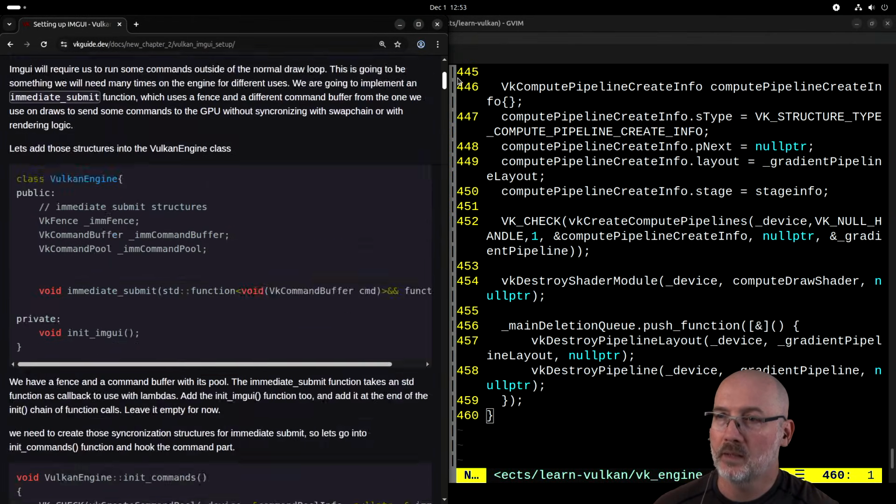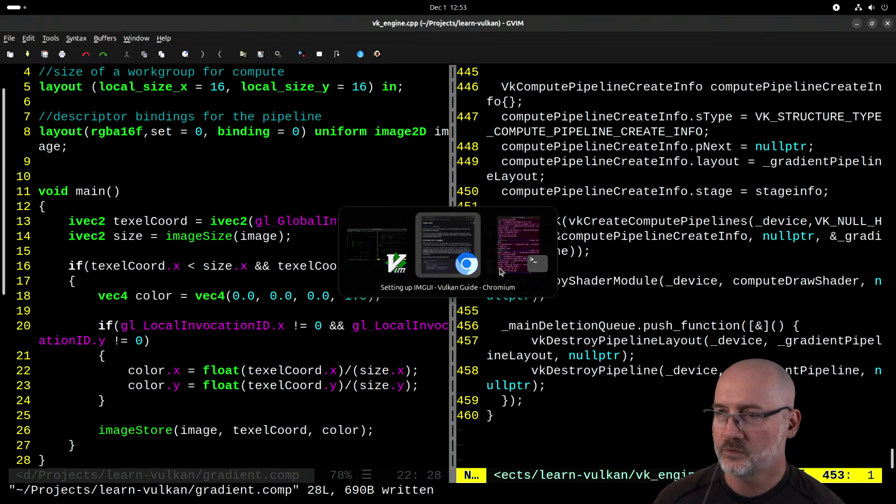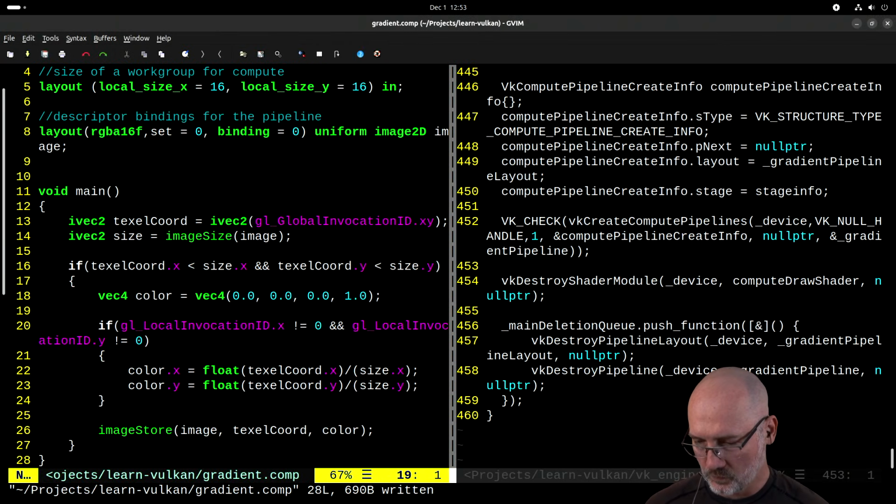Okay, not too bad. But that means I need ImGui. So let me get that configured and then we'll do